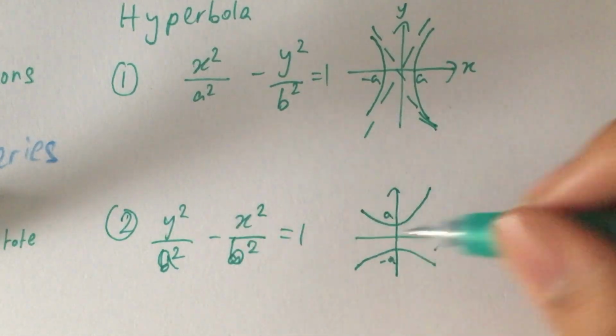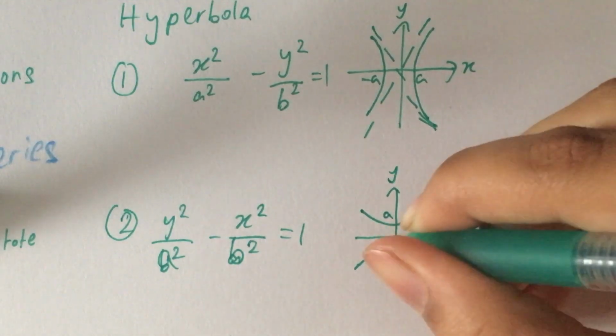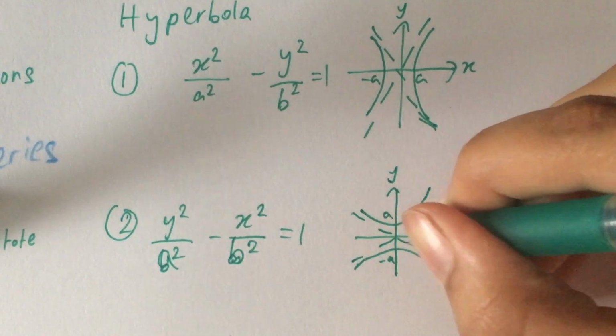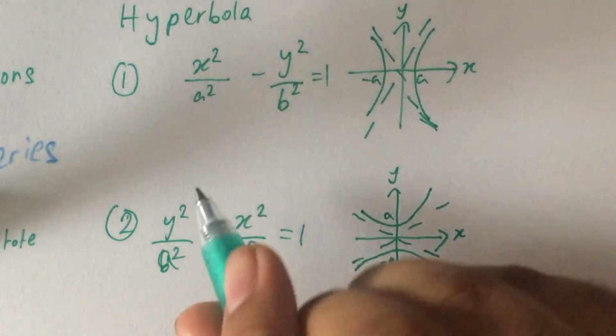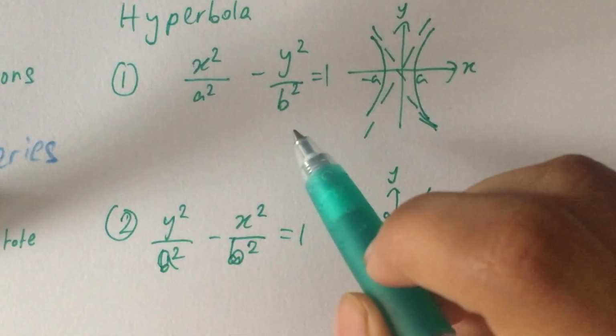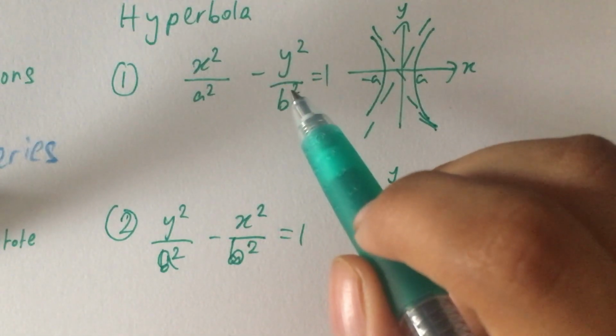And then after that you need to draw the two asymptotes, the X, because it looks like an X when you cross them. How do you get the asymptotes without thinking too hard? There's one easy way to prove that this works. For example, if you have x squared over a squared minus y squared over b squared equals 1, then